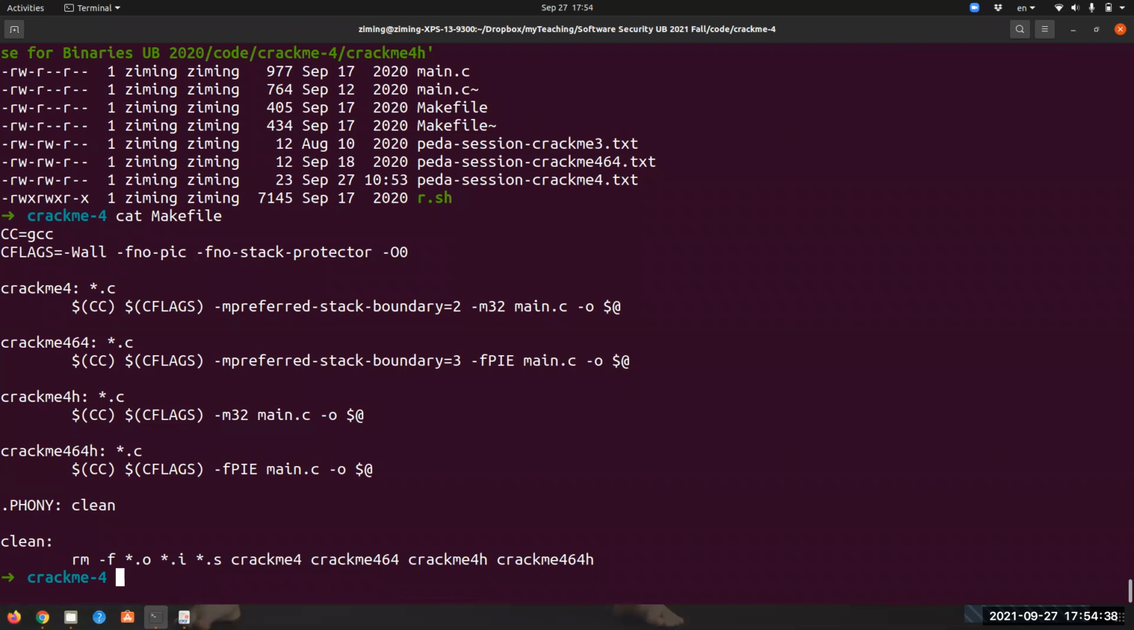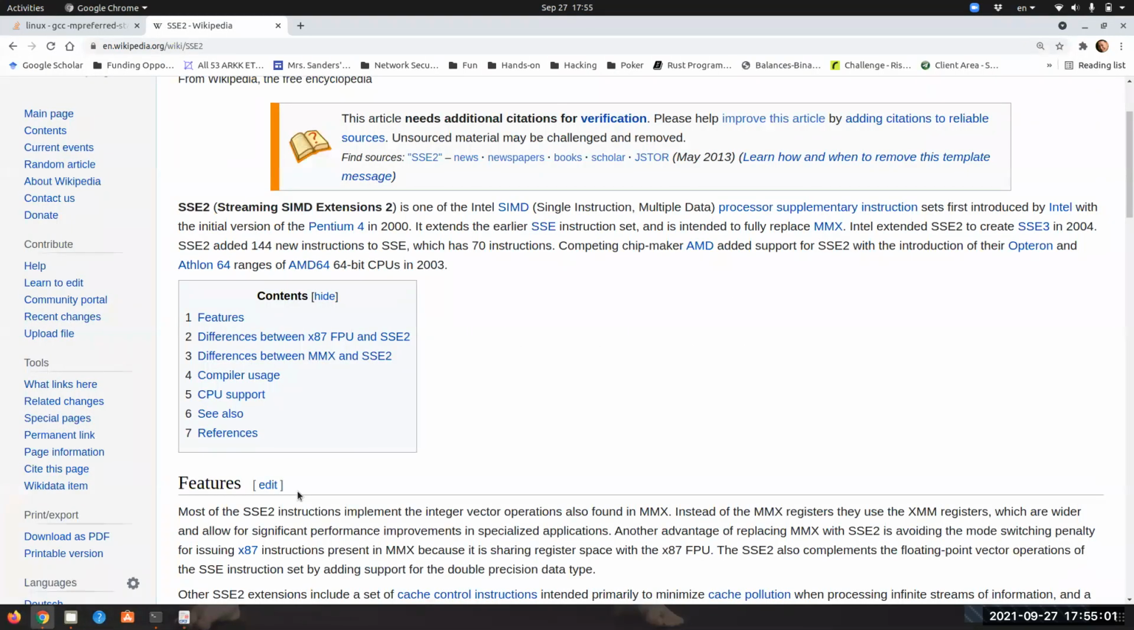So cracking 4 is the easy version with this flag. For the hard version, I do not have this flag, so this one is the default one. You can see the default one I'm not using preferred stack boundary. So if I do not give it that option, what will happen is